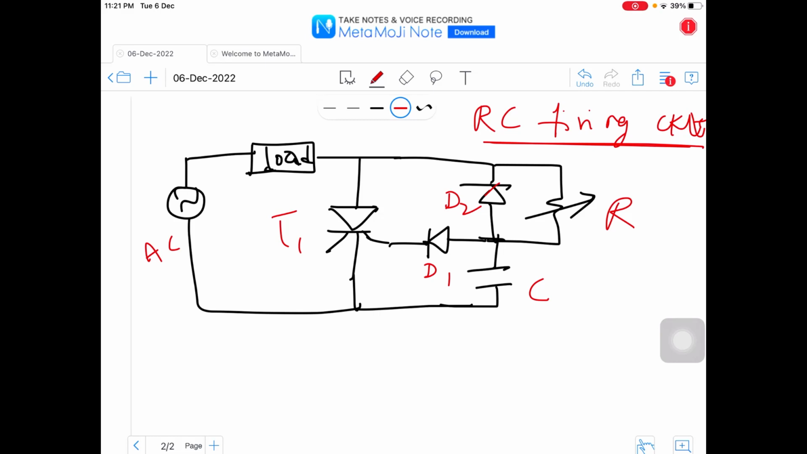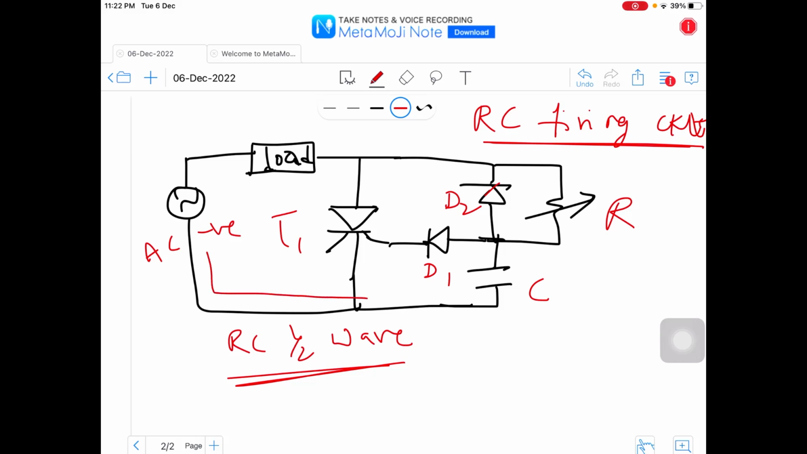Let's consider and understand how this RC firing circuit is going to operate. This is also called the RC half wave firing circuit. Let us consider the negative half cycle of the supply. During the negative half of the supply, the current starts flowing in this direction, so the capacitor is getting charged during the negative half cycle, that is, it is getting charged